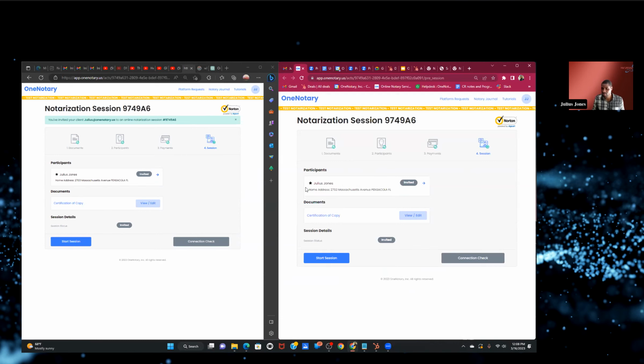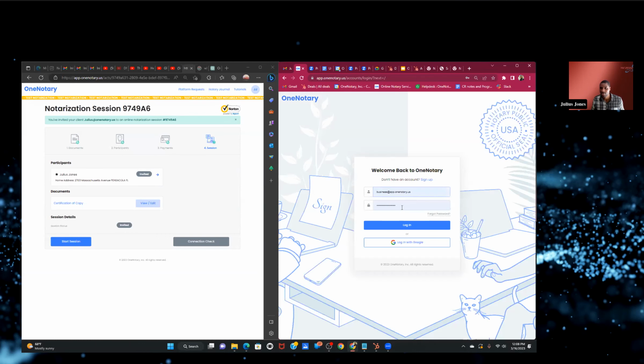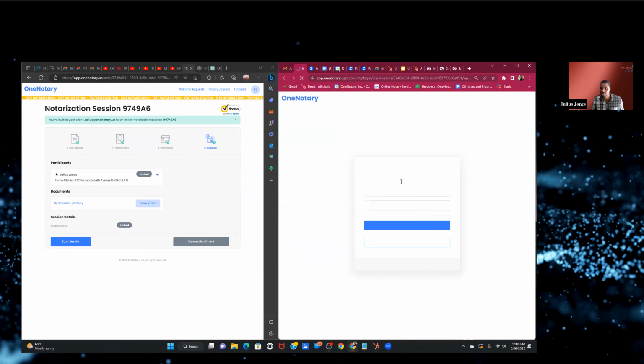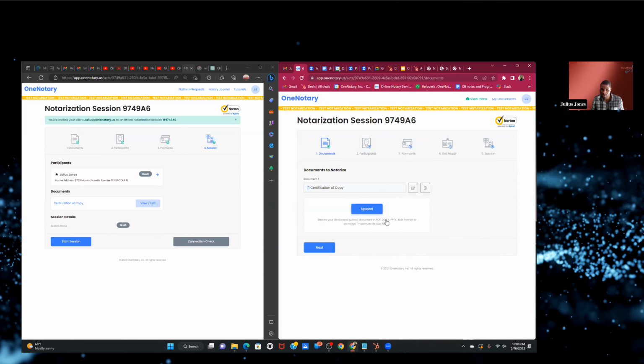Now, it usually wouldn't bring them directly to this page here. What they're going to do is actually create an account, that way they can go ahead and go through verification. Hold on, that's what's wrong. We're going to log out of here, and we're going to go back and actually click on get started. There we go. So the signer is going to come here, create their account, then they're going to go ahead and log in. Here we go. This is what it's supposed to look like.